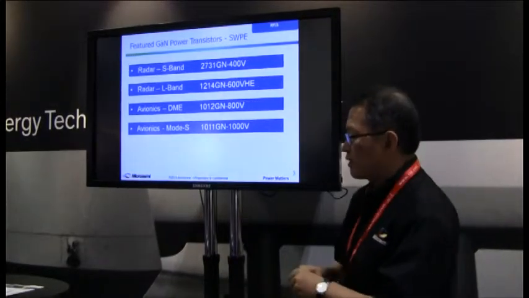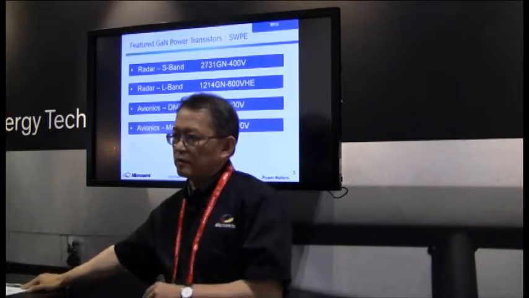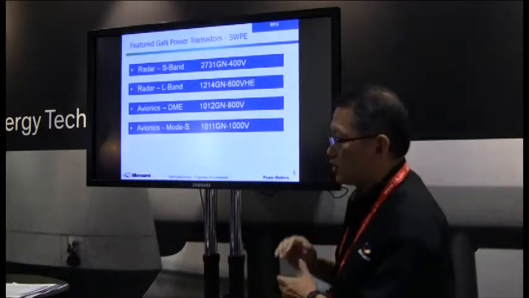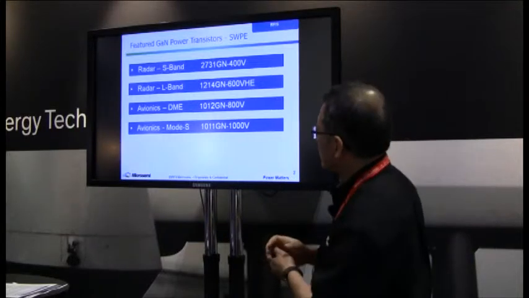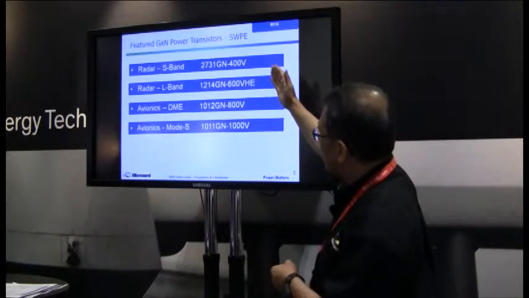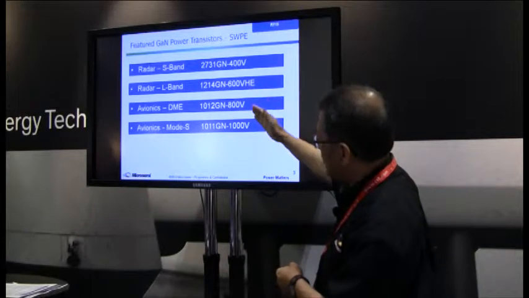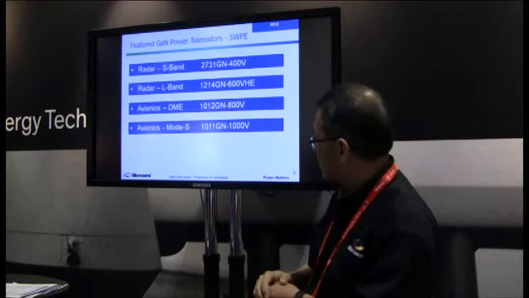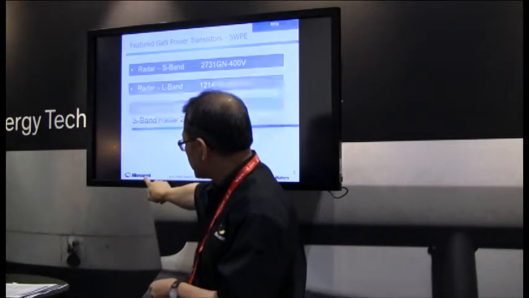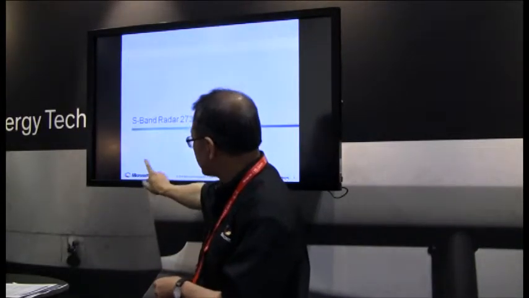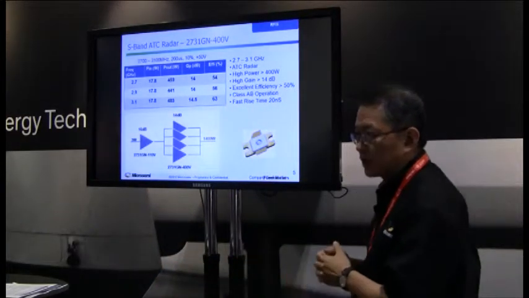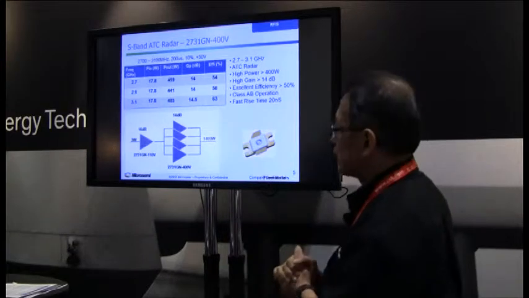Okay, so today we're going to talk about 4 feature products. We actually have a GaN selection guide here that covers all 44 GaN products we have, but let me pick 4 feature products that focus on GaN power. Power levels from 400 watts to 600 watts to 800 watts up to 1,000 watts for different frequency bands, S and L band, for both avionics application and radar. So first, let's talk about the S band,